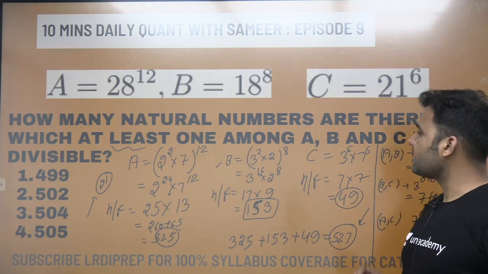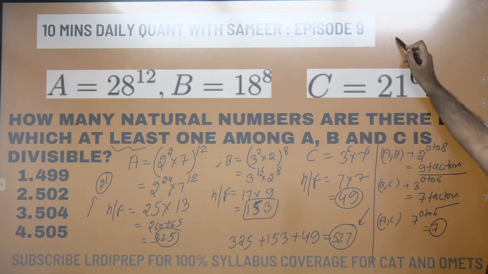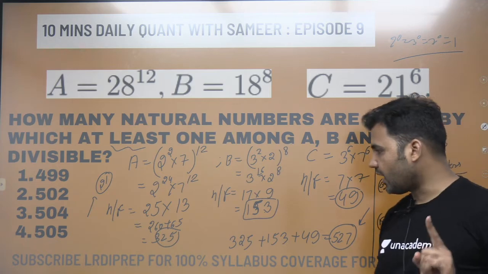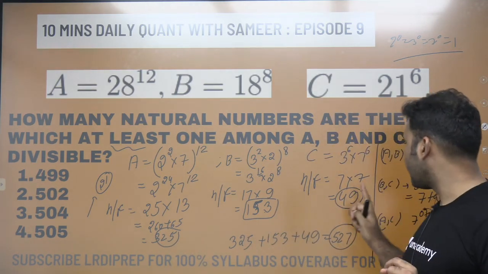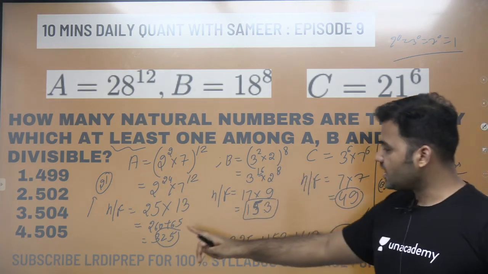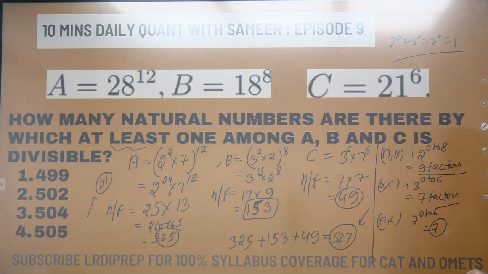Now 1 as a factor is counted in 2 power 0 also, counted in 3 power 0 also, 7 power 0. All the factors 2 power 0, 3 power 0, 7 power 0, all these numbers are equal to 1. Now 1 as a factor is a part of this also, as a part of this also, and as a part of this. 1 as a natural number, which is a factor of all these three, has been counted here, has been counted here, has been counted here, and that 1 has been counted here also, has been counted here also, has been counted here also.